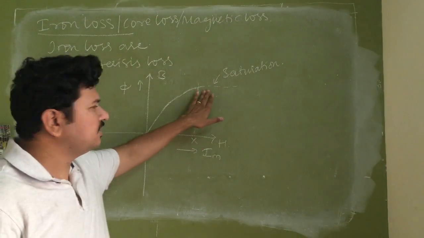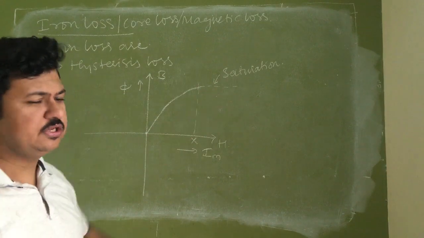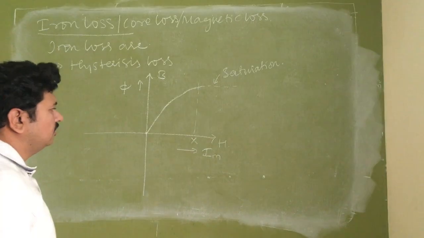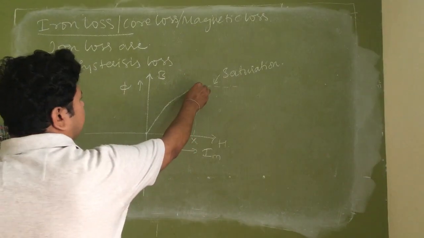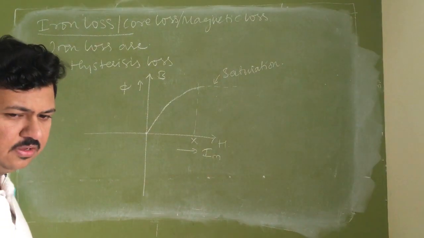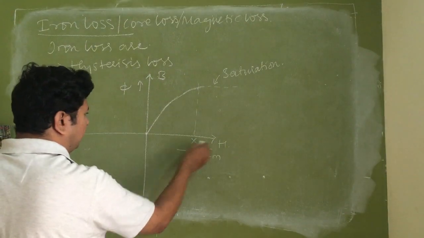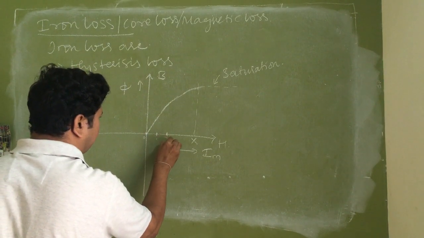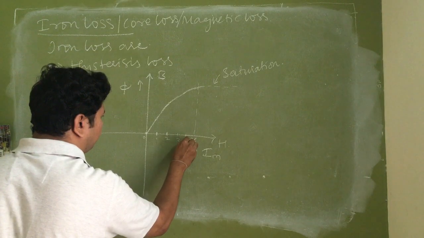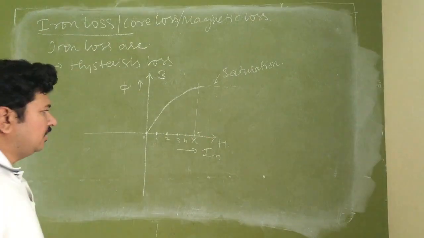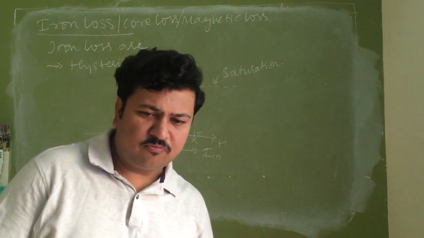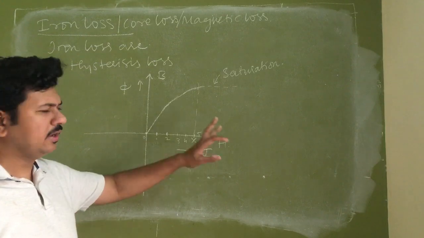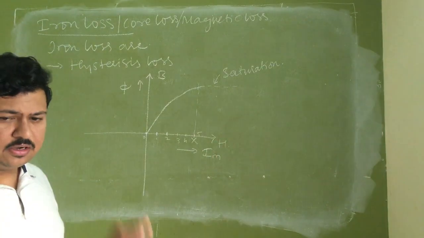This is called magnetic saturation. Now suppose I increase only till the point of saturation, and I will not go beyond that. Suppose I have increased the magnetizing force in some steps: step 1, step 2, step 3, step 4 and step 5. So I have increased the magnetization in 5 steps, whatever these 5 units may be. It can be current, it can be magnetizing force, whatever you consider as magnetic input.